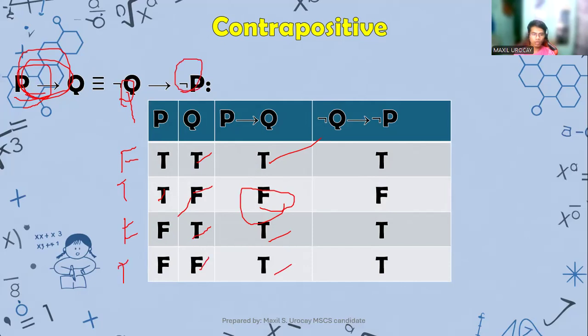Then we have the negation of P, we will also negate P. So true becomes false, and then false becomes true, and then